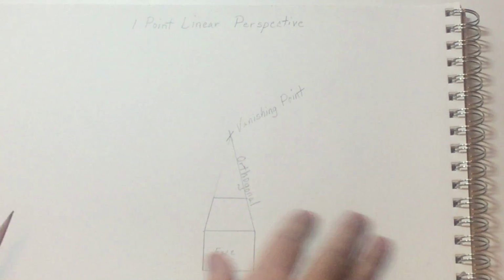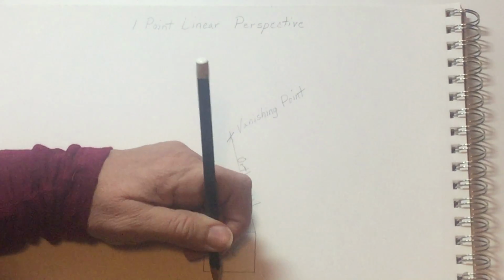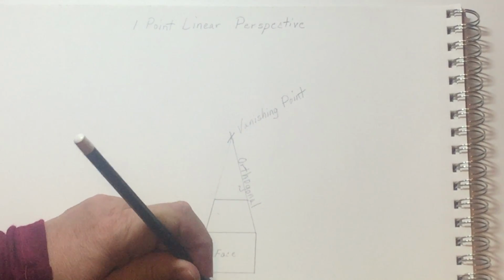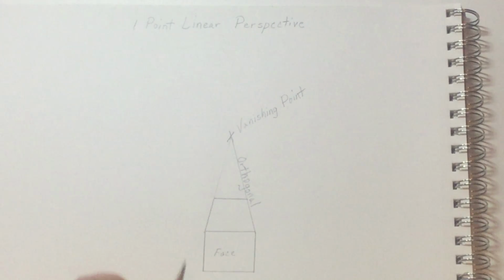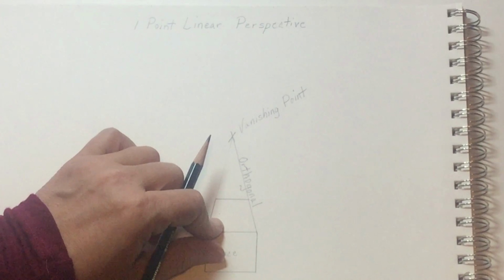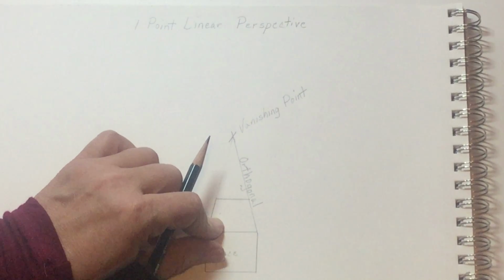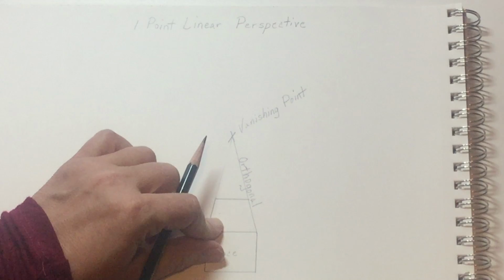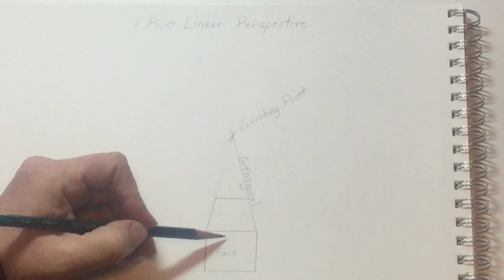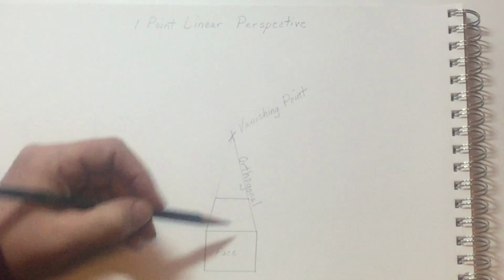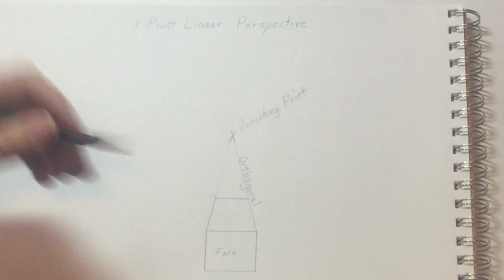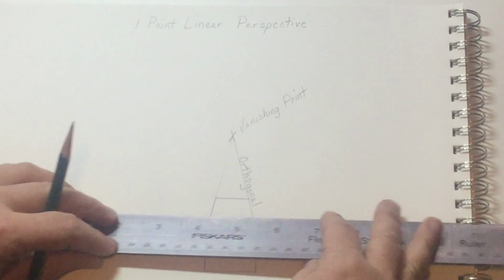If I'm standing here, this is me, or in your case, you. If I'm standing here and I'm looking out, and this box is in front of me but smaller than I am, or below me, maybe I'm standing in a tall building looking down at some smaller buildings, I would see the front that's facing me and I would see the top of that building, but I wouldn't be able to see the two sides. However, if I have a building that is over to one side,